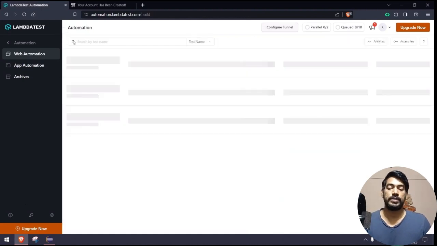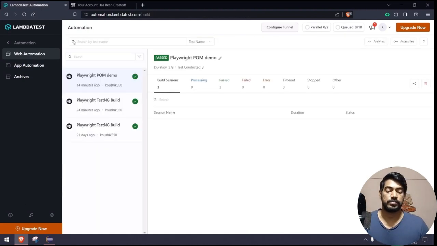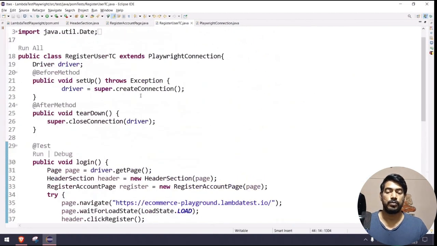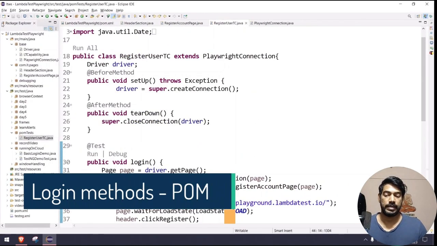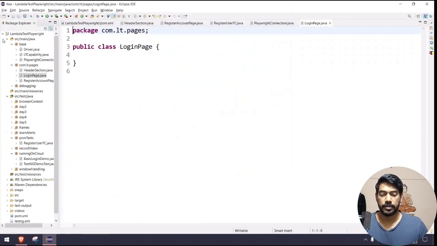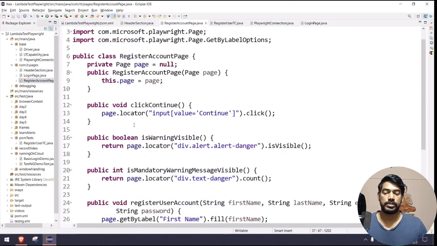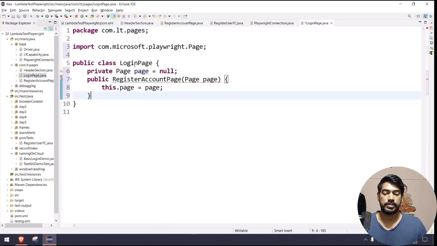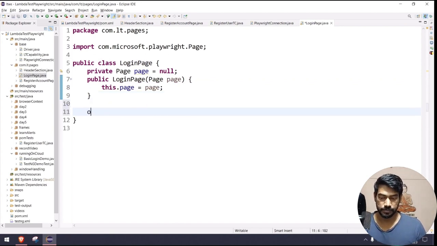So I hope we are able to understand how to create the page object model and how to do this stuff. Let me quickly do one last class creation for you. If I go to the pages, I'm going to create a class called login page. And what are the things I want? Mostly the same things. So I will just copy this, paste over here, I'll change the class name, and I will have only one function, which will be public void